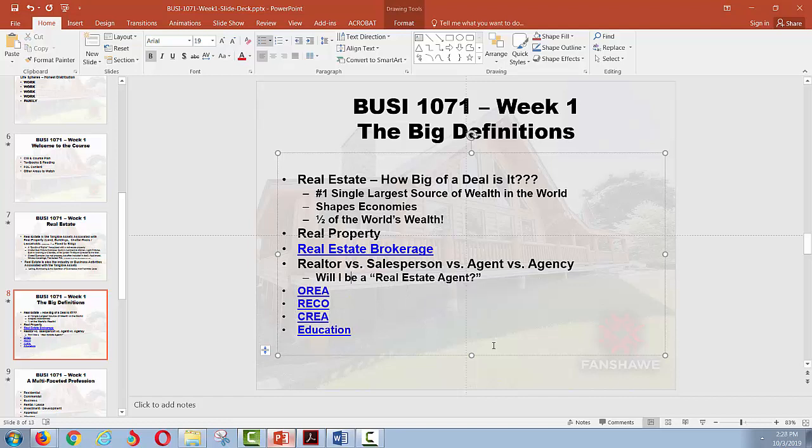Okay, we know what a brokerage is. We know that in Canada we shouldn't really be using the term realtor unless we are members of the Canadian Real Estate Association and already licensed salespeople. Of course, that's a given. Legally speaking, according to RECO, once we become licensed, we are licensed salespeople or licensed sales representatives. Once you become a broker, you would still be a licensed salesperson, but until you are your own brokerage, you do not call yourself a real estate agent. The agency relationship in Ontario will always be between the client and the brokerage, not the real estate salesperson or realtor, if you want to keep misusing that term, and I'll do it a lot in this class, just like the way people always called bodyboards boogie boards.